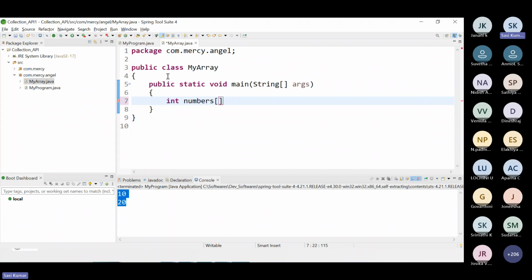So this array is going to store different numbers, right? What we are trying to do is declare an array and initialize an array. So how can we initialize an array? We are declaring an integer type array, correct? By using this array, we can store any number of values.